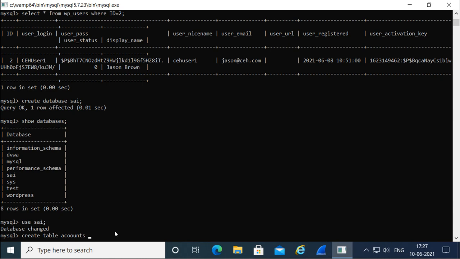So the name for the table will be accounts, and in that I will go for first IDs, and those IDs will be integer. Integer value can be 10.